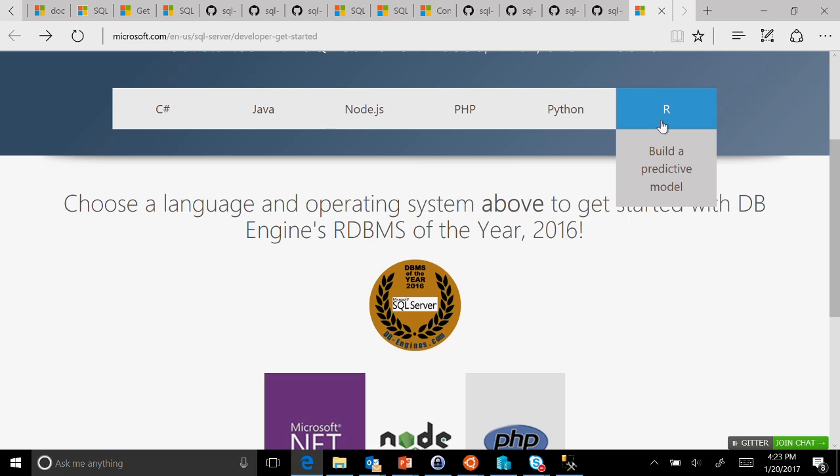By the way, SQL Server was the database of the year as ranked by DB-Engines this year, because our popularity increased more than any other database. In fact, in points, our popularity increased by a little less than Oracle's popularity decreased, and we beat both MySQL and Postgres in improvement in our popularity. So it's kind of cool.